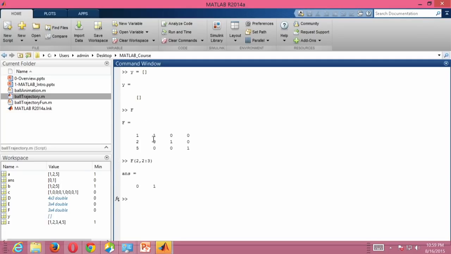Likewise, if we wanted row number 2 and 3 in column 2, we will write F row number 2 to 3 in column number 2. So, 2 colon 3 means row numbers 2 to 3 and column number 2. Press enter, this is what we get, that is 0 and 0. Okay. Let me clear the screen again. Okay. In order to query any of the elements or any of the submatrix, the command that we are going